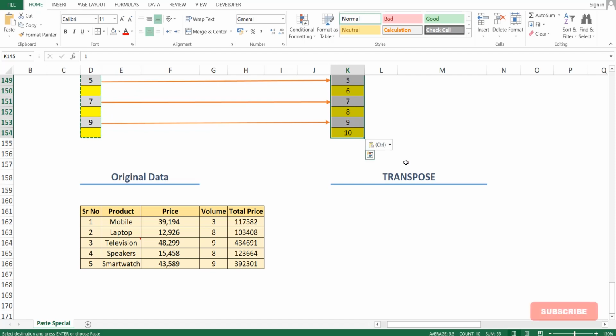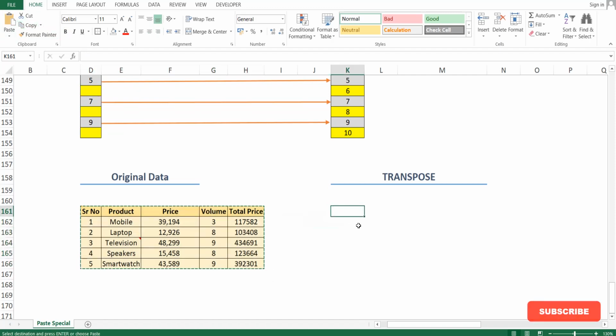Now our last option is transpose. Transpose means converting rows into columns and columns into rows. So how can we perform this transpose operation with the help of paste special? Let's see. First select the entire original data, then select the copy command.